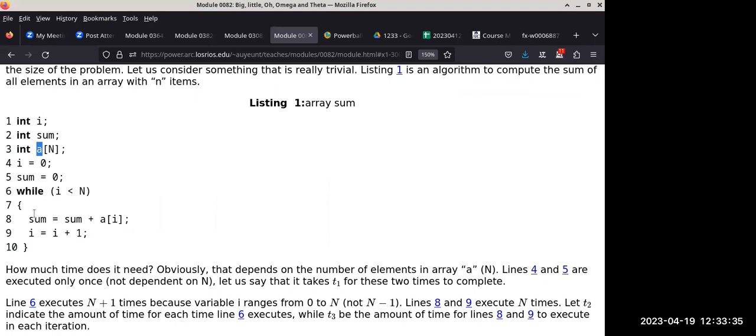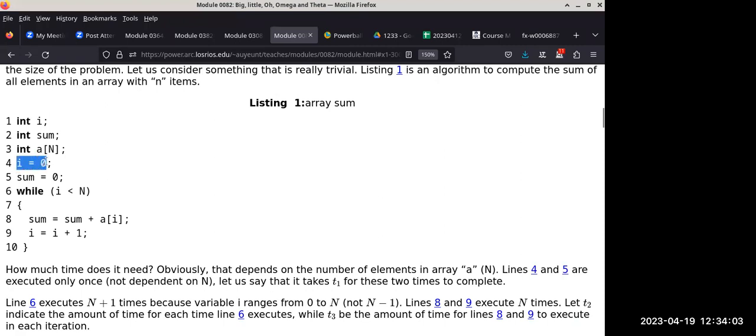So I don't have to explain the algorithm too much. It's a very simple algorithm. I don't even bother to use a for loop. It's just a while loop with certain things initialized. With this one, we want to look at the time complexity. When you analyze the time complexity, you want to look at every single line and ask, how many times am I doing this, and when I do this, how much time does it take?